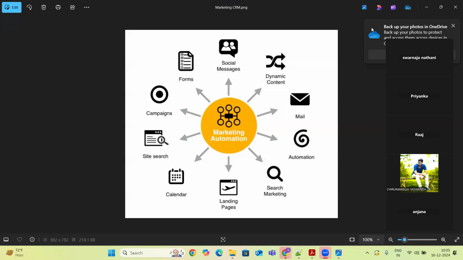That we call dynamic content. Then there are automations, marketing searches, and landing pages. These are the different ways that we can do marketing.